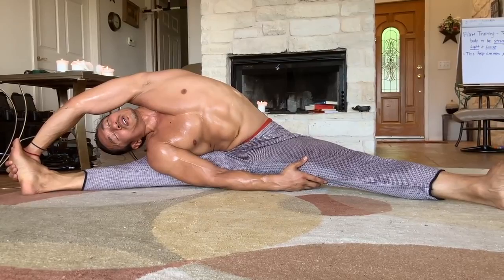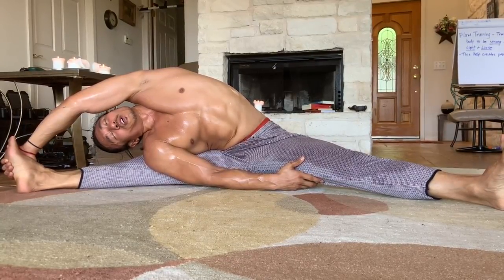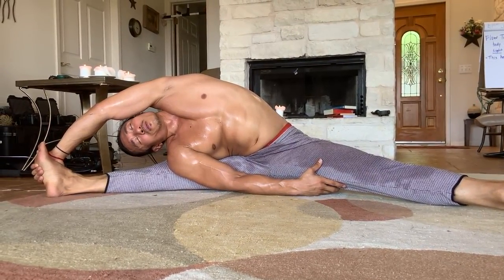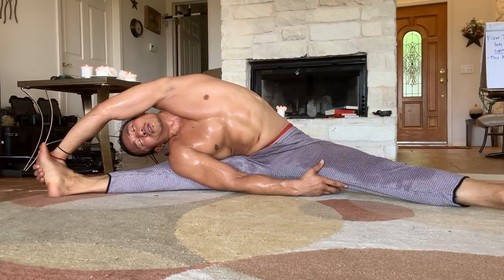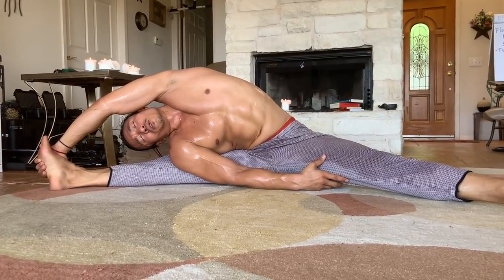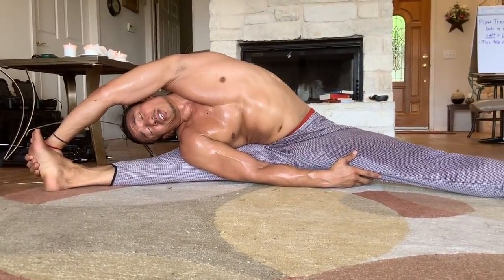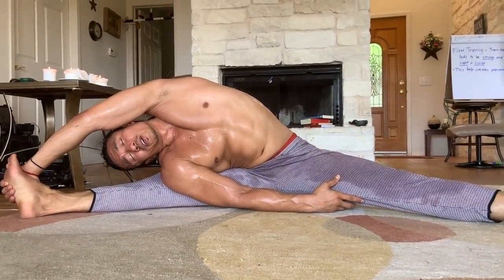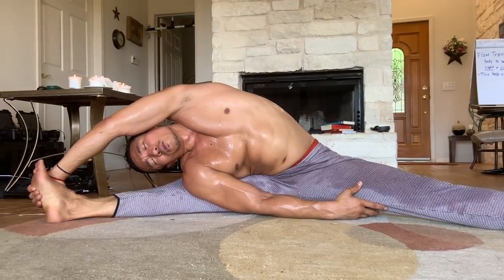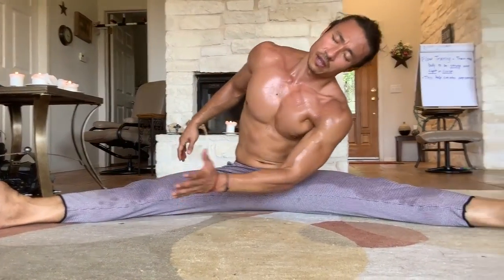So you want to tense only what is needed for the movement, for the stretch. Or what they call in yoga, for this asana, this movement. We want to relax everything else. Because remember, the goal here is to teach the body how to relax, how to let go. And the way we teach the body how to do that is simply by doing it. The more often our bodies get used to letting go, when our bodies get used to relaxing, let's go to the other side,